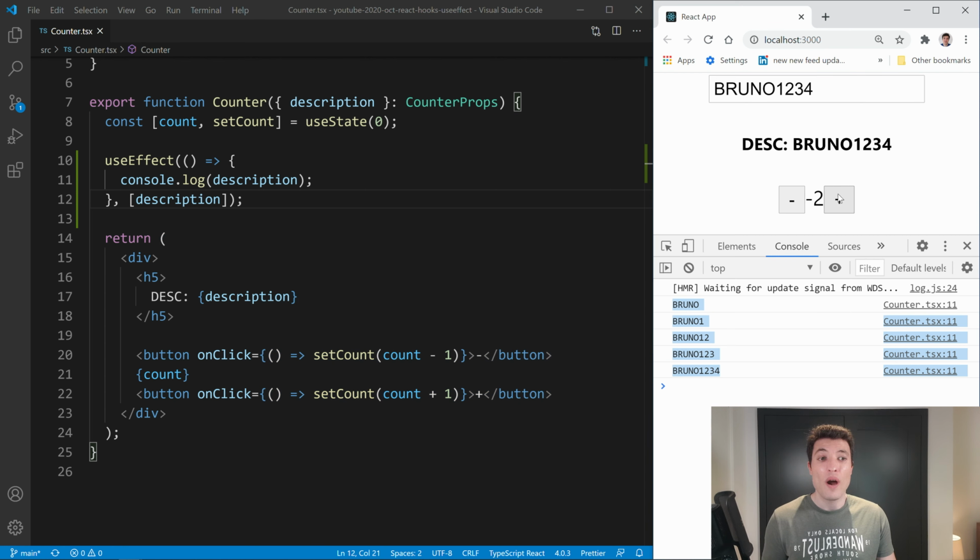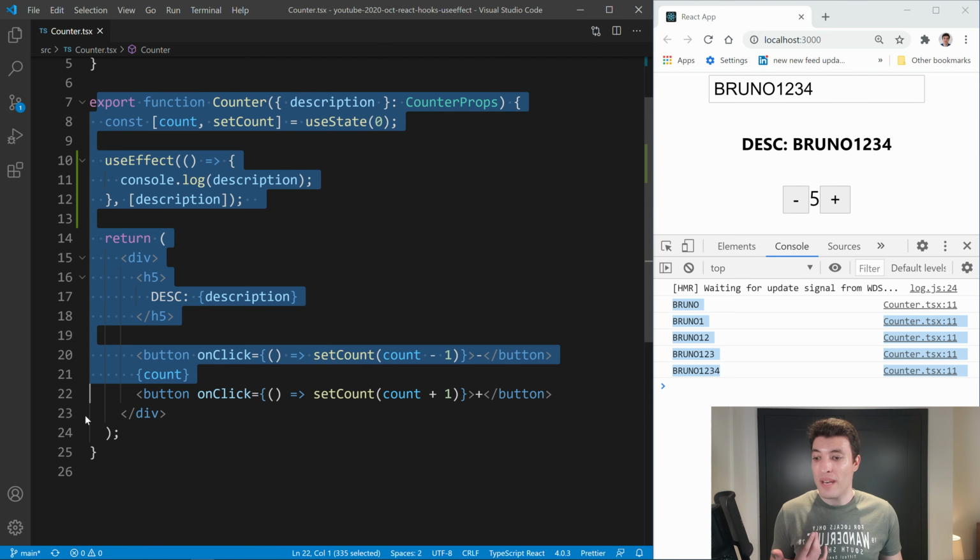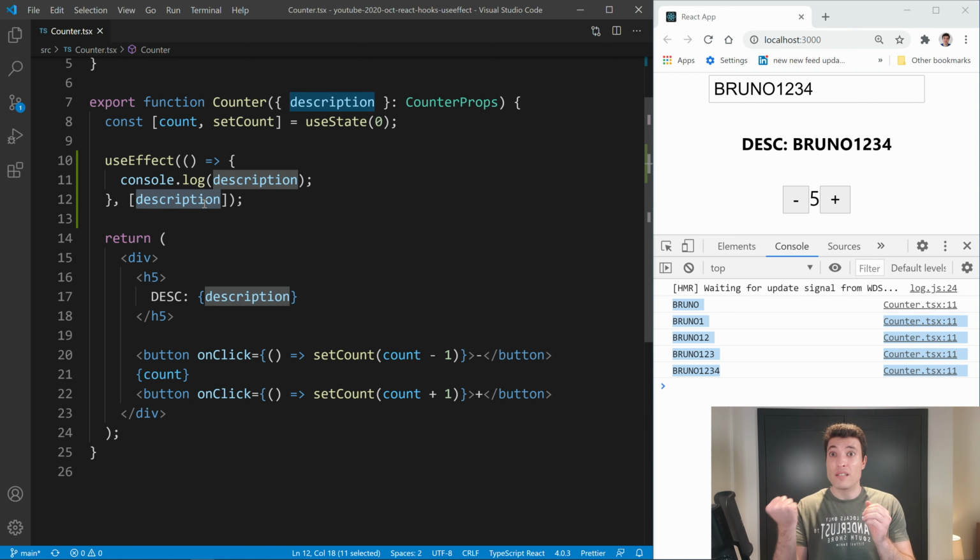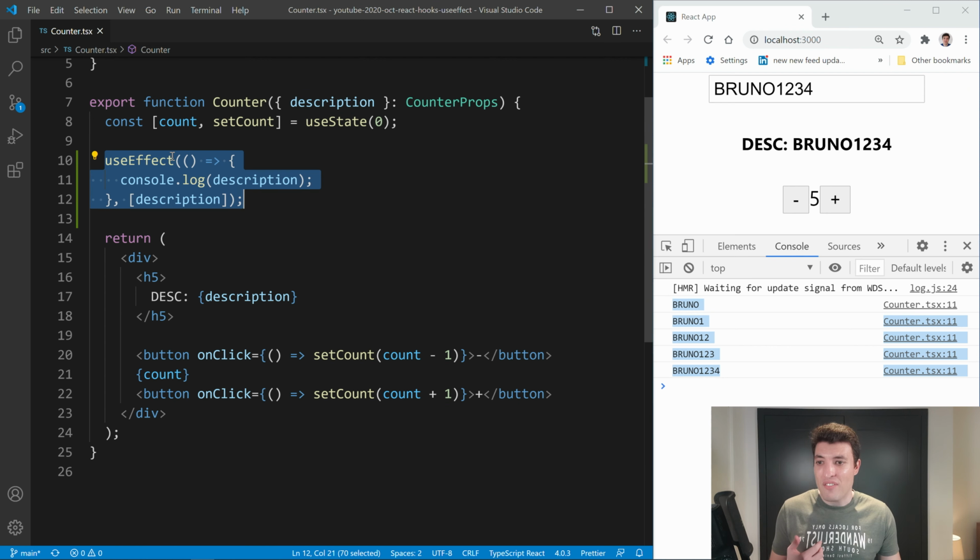But now I can do whatever I want in any other property of my component. Doesn't matter how many times our component re-renders, React will check what the last value of description was, for example, Bruno. Now the value is still Bruno, so it doesn't call our function. But if the new value is, for example, Bruno 1, then yes, it calls the function because it's a different value, right? And this is very important for us when we are using the useEffect. Otherwise, we will be having this function being called a lot of times, and most of them will be useless,